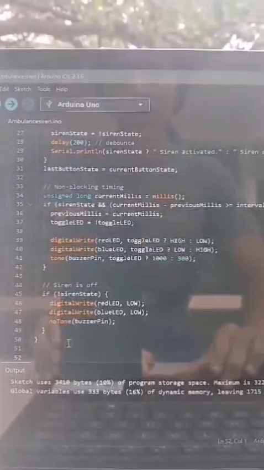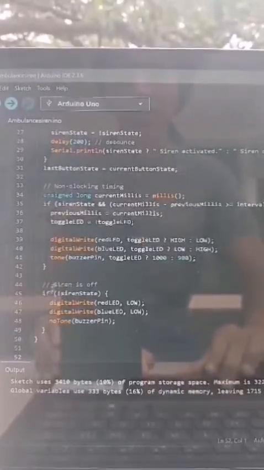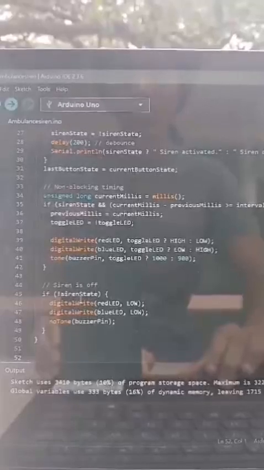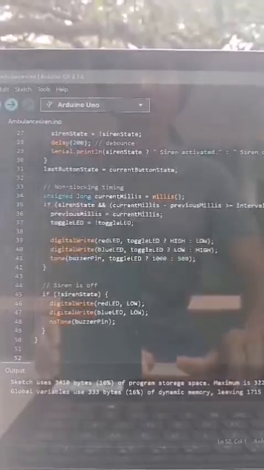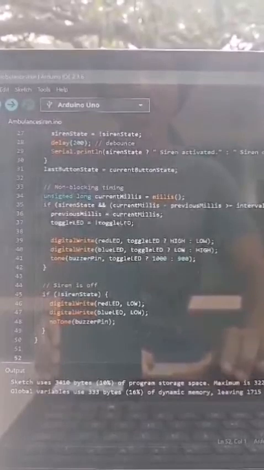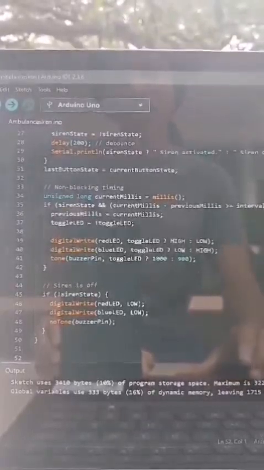Now this set of code here, siren is off, is to prevent the system from operating when nothing has been done. It ensures everything is off when the